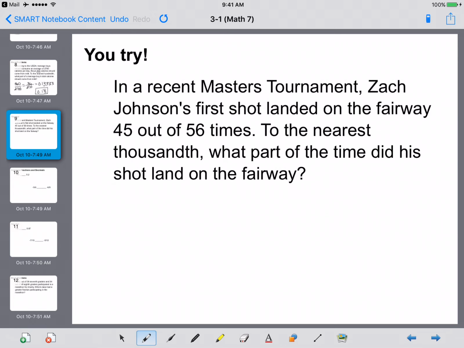So it says, in a recent Masters tournament, Zach Johnson's first shot landed on the fairway 45 out of 56 times. To the nearest thousandth, what part of the time did his shot land on the fairway? So his part is 45, his whole is 56. Punching that into my calculator, I get